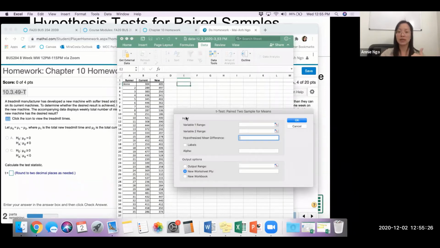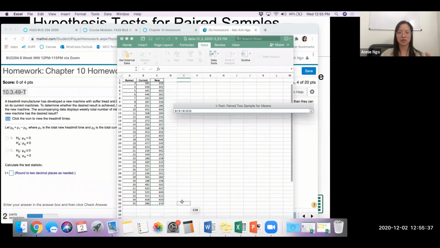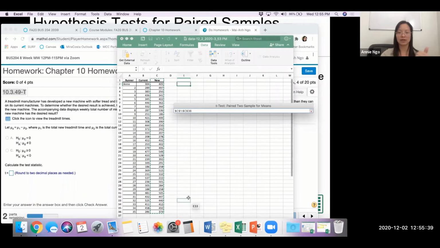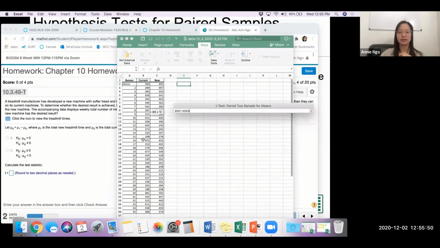So our variable 1, we're going to go ahead carefully, highlight, including the label. I click on the word new, and then I carefully highlight down all my numbers. Yep, goes to 36 row or 35 values. So that's going to be my variable 1. And then go ahead and do the same thing for variable 2, but now that's going to be our current. So our current data in column B